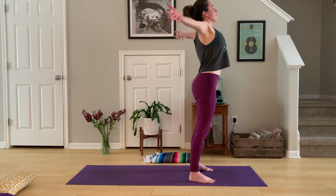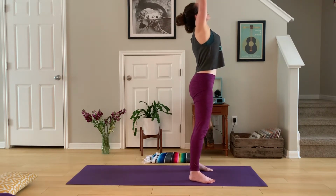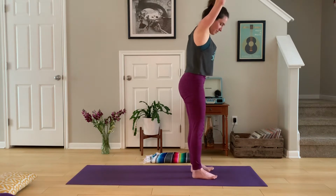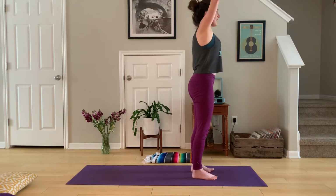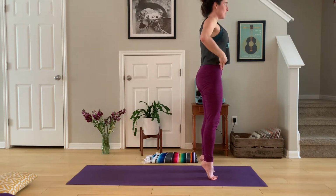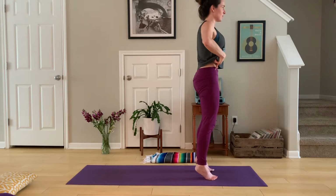Reaching around, taking up as much space as possible on the inhale. Spread the fingers wide. Bring your feet hip-width distance apart underneath the body, and we're going to come up onto our toes. Tuck your tailbone underneath. So draw your navel back and bring the front of your hips towards the rib cage,